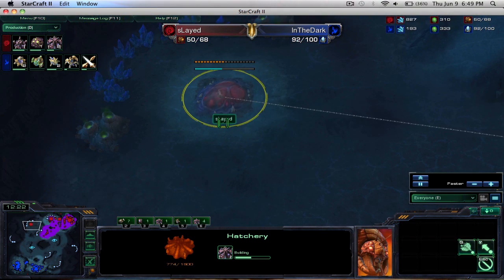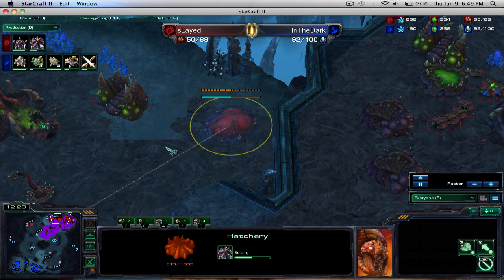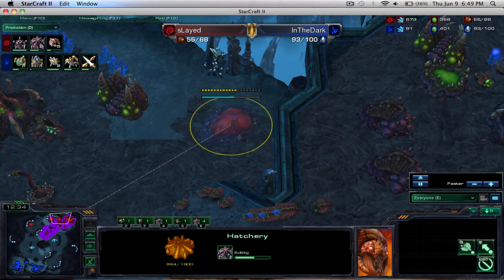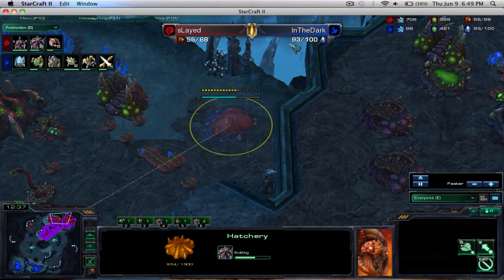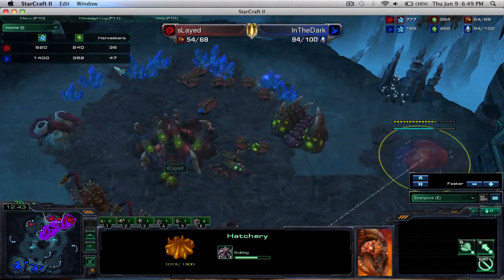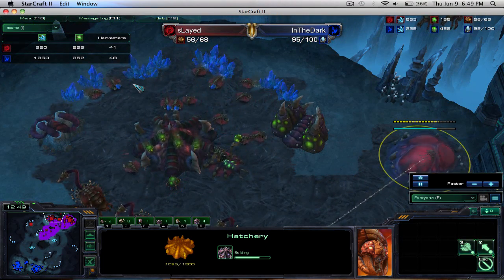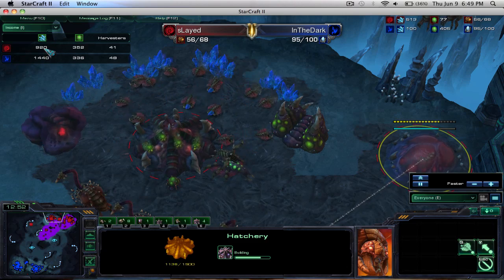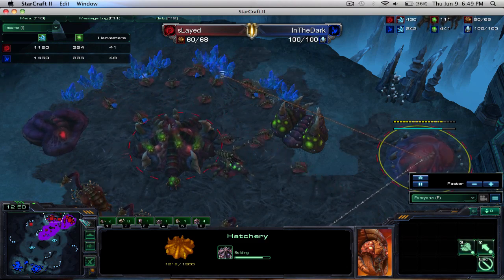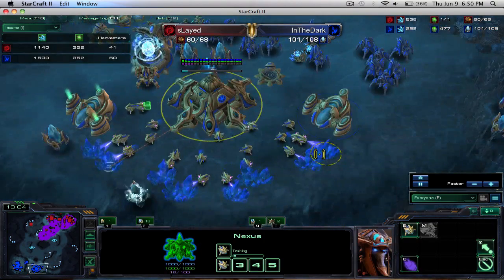One of them is going down at his 3rd base, while he has another one just kind of between his natural and main, a macro hatch going up so that he can have more larvae to play with. We see that sLayed is severely losing the supply count battle right now by about 40. Look at the income tab. Yes, he's 10 drones down, and we'll wait for these drones to start mining for that income tab to be a little more accurate. And it does look like he's about 400 minerals behind, 400 to 500, but they're about even in gas. So sLayed has some work to do, but it does look like InTheDark was supply capped there